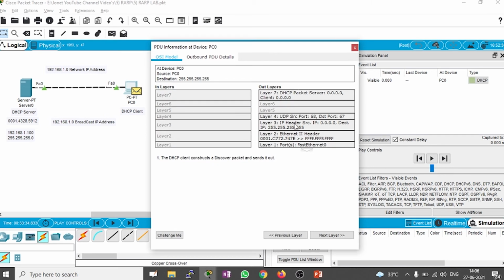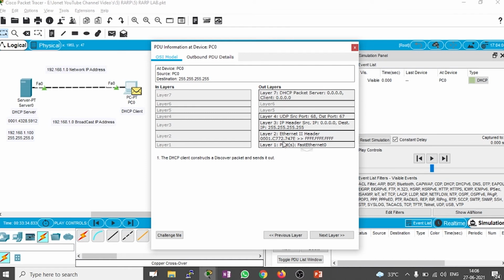Now open that packet. Here it is very clear that layer 3 uses the UDP protocol, the source port is 68 and the destination port is 67. Initially the client doesn't have any IP address, that's why the source is 0.0.0.0 and the destination is 255.255.255.255, which is a layer 3 broadcast IP address.